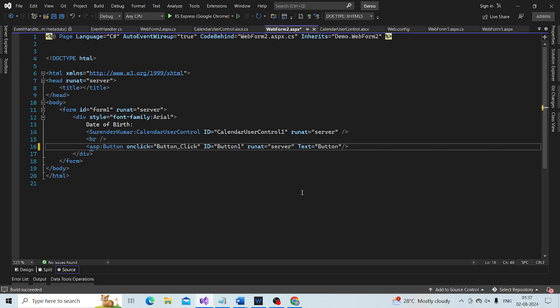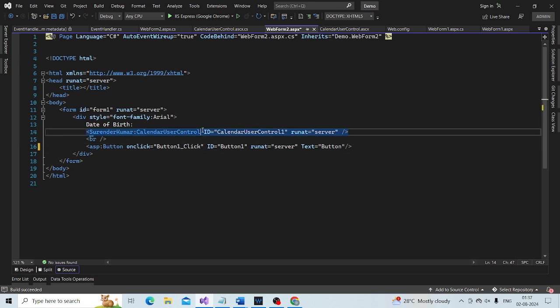Along the same line, can't I do that for the calendar user control? You can do that as well.